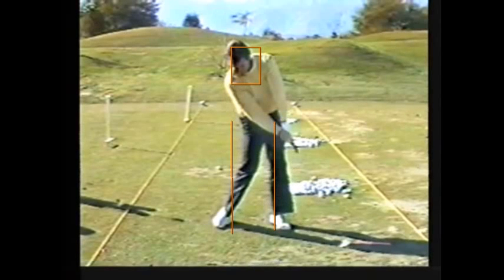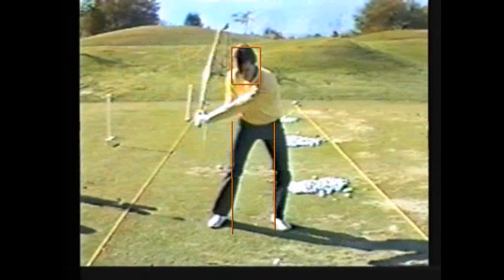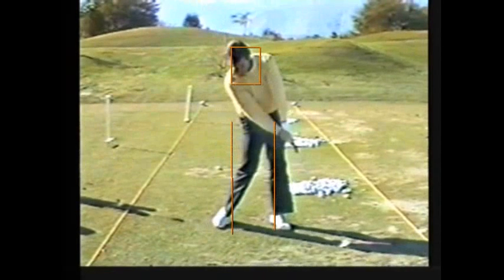But if you know anything about Mike Austen, you knew that he was all about optimal. Not just viable, but optimal. And he pushed you to not just have your swing be good, but to be perfect, great, one of the best. So you can see there's a little bit of upward drift here as he comes through impact. I think that's another thing that can be traced from O'Grady's setup,